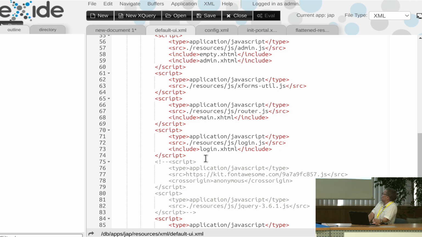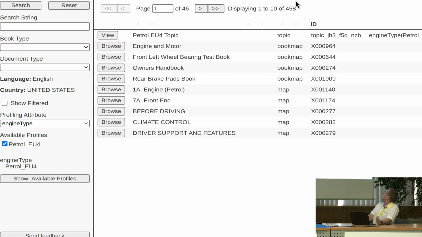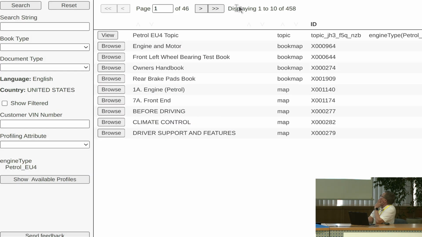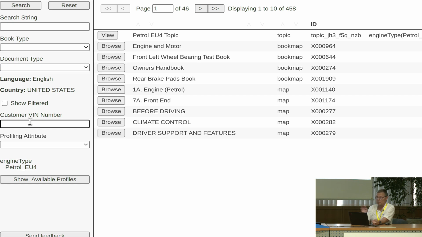I will need to fix a value here. So the actual portal is very highly configurable. And this is a config file. So I can do any kind of thing. And so if I go back to the portal and refresh, we are going to get a new XForm. So if I start writing, it will just start complaining. There's a check going on, making sure that I don't mistype. I don't want to mistype, so I have that